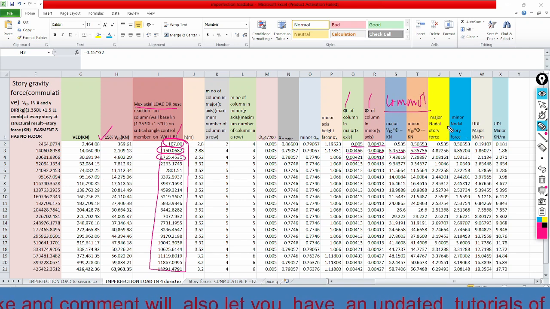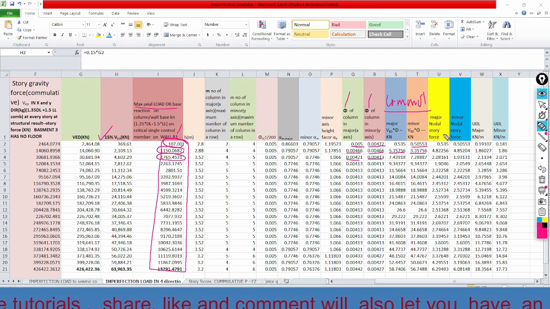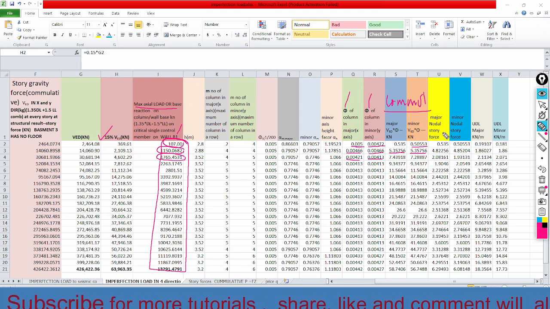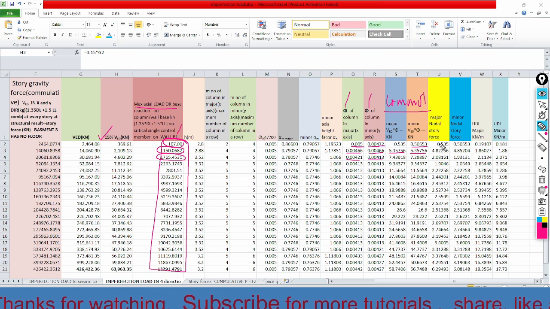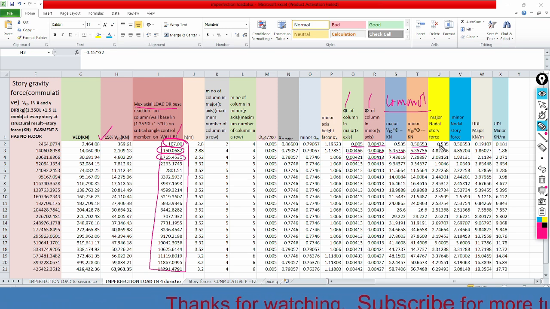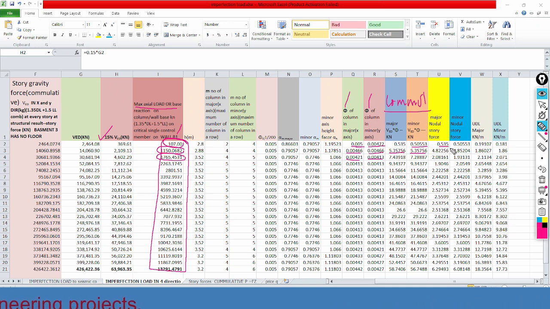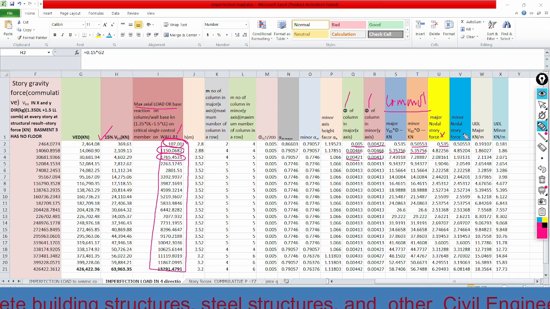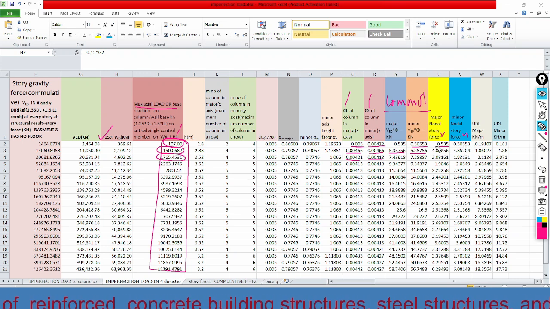So we need to calculate the nodal force at every node of the column here. It is 0.535 in the x direction, and in the y direction it is 0.50. We can take these just as they are, but when we come to here,